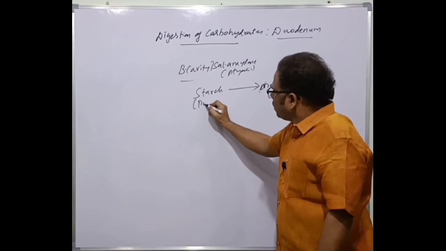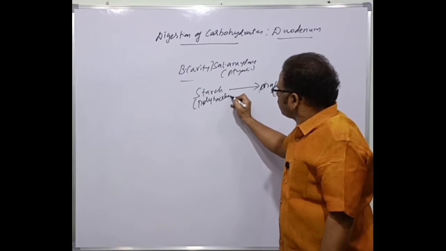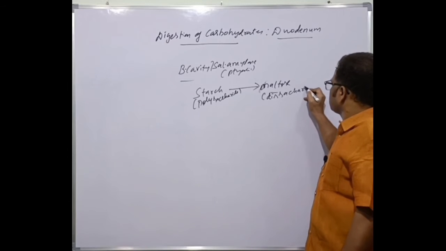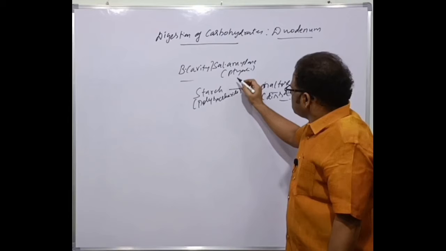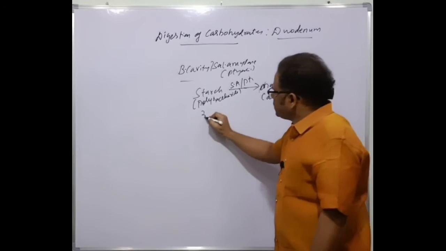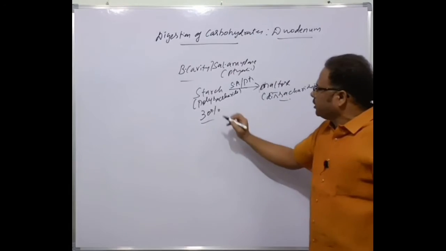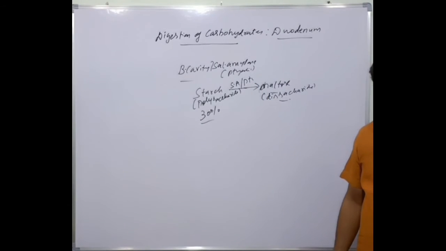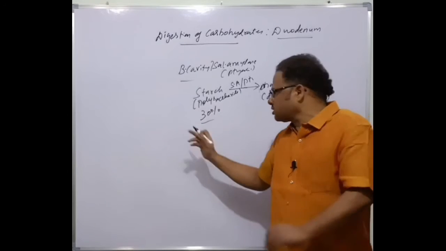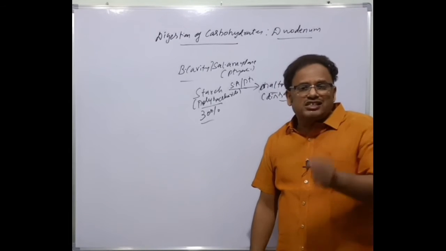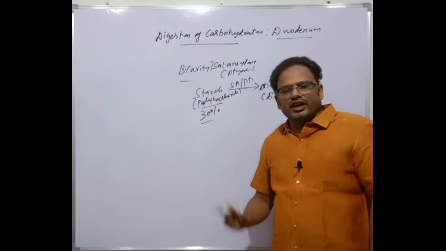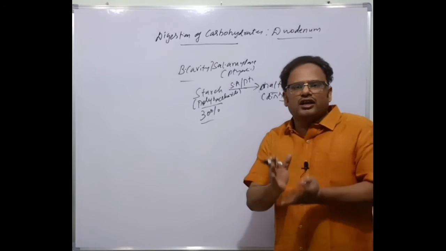Starch is a polysaccharide, whereas maltose is a disaccharide. And this occurs in the presence of the salivary amylase called ptyalin. So 30% of starches are digested here. How much is remaining? Roughly 70% of starches, a polysaccharide, need to be digested, and that occurs in the duodenum with the help of an enzyme called pancreatic amylase.